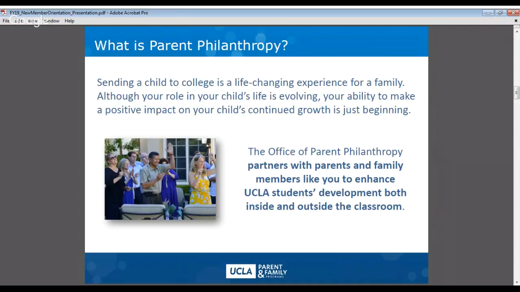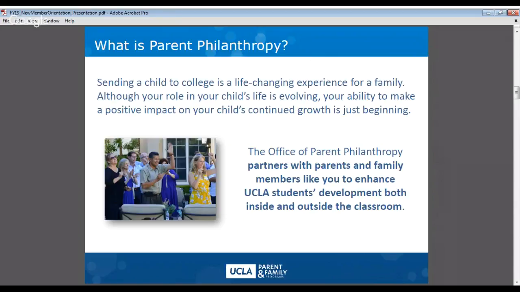Making a philanthropic gift to UCLA directly enhances your students' education, college experience, and strengthens the value of their future degree. It also supports world-class academics through faculty recruitment and program development, enhances a vibrant community of opportunities and resources available outside of the classroom, and private support is an integral component that sustains UCLA's excellence.